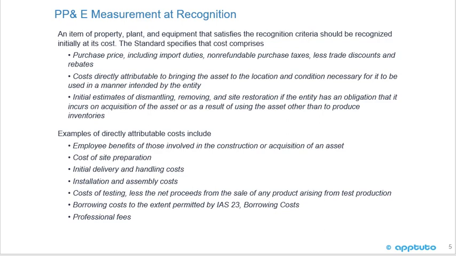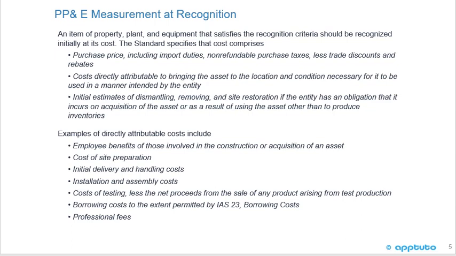Property, plant, and equipment, measurement at recognition. An item of property, plant, and equipment that satisfies the recognition criteria should be recognized initially at its cost. The standard specifies that cost comprises purchase price, including import duties, non-refundable purchase taxes, less trade discounts and rebates, costs directly attributable to bringing the asset to the location and condition necessary for it to be used in a manner